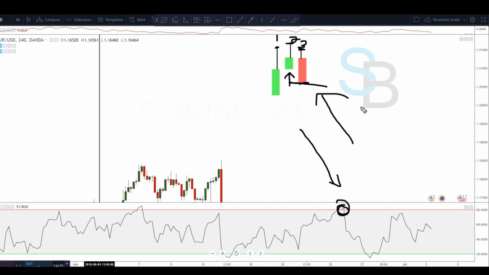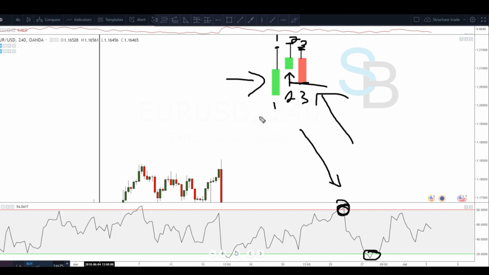into this strategy. As you can see, all we're looking for is our 1 2 3 engulfing pattern. We're going to be looking for that when the market is either in an overbought or oversold condition. If we're in an overbought condition, of course we'll be looking for this, a 1 2 3 engulfing bearish entry. And if we are in an oversold condition, you can flip that around and it'll be a 1 2 3